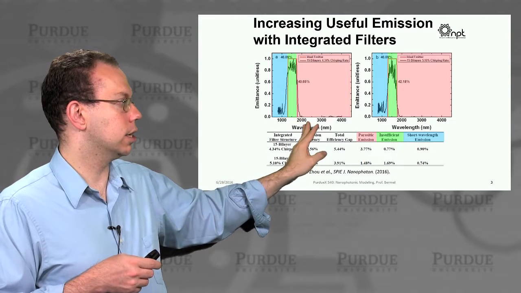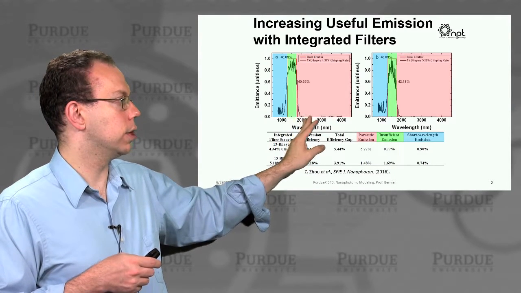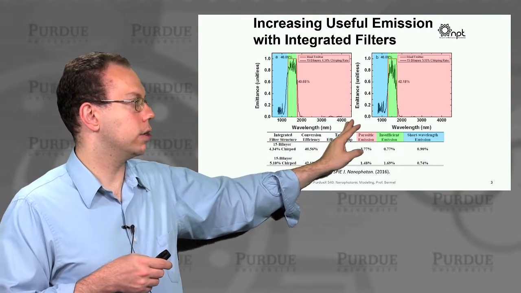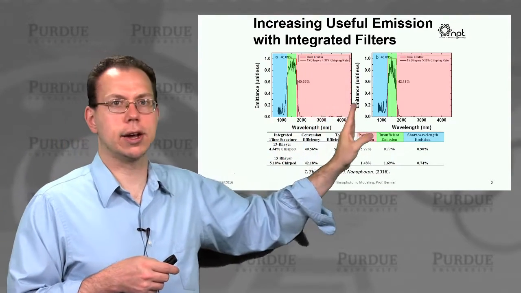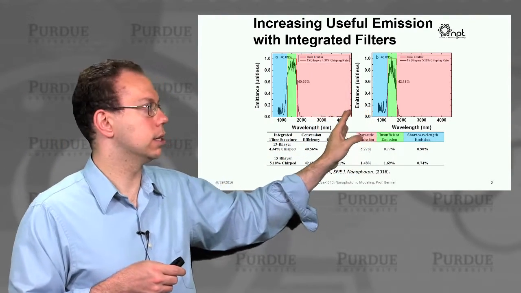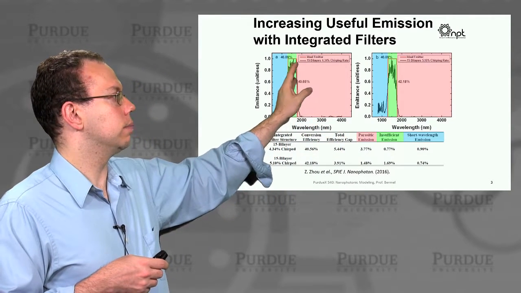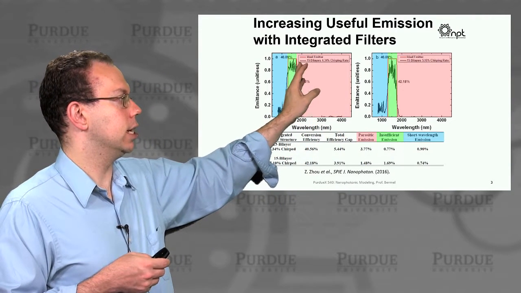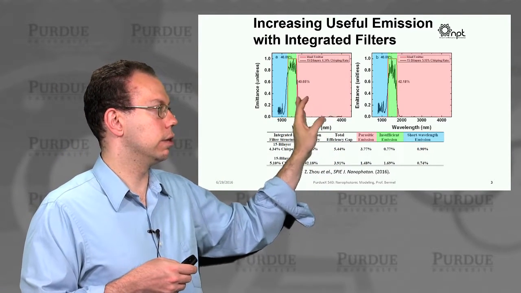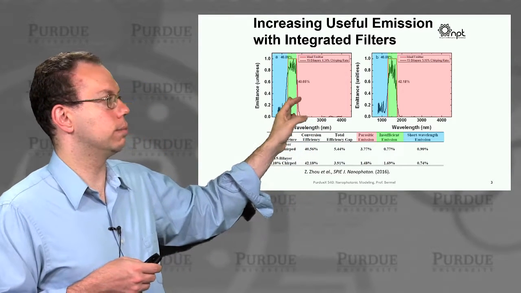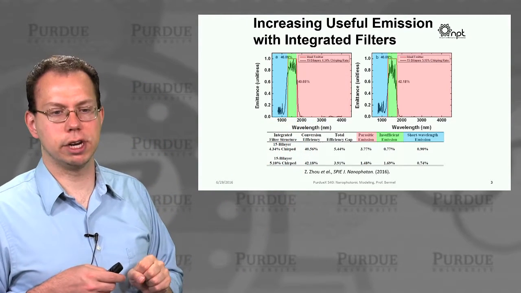You can see there are two curves here. One is what we calculated out to about 4 or 5 microns, and we also calculated out to about 10 microns just to be safe. You see a big spike in emissivity, about 0.8 to 0.9 at the target wavelengths, but the background is very, very low. So you have concentrated most of the emission into what we call the green region.